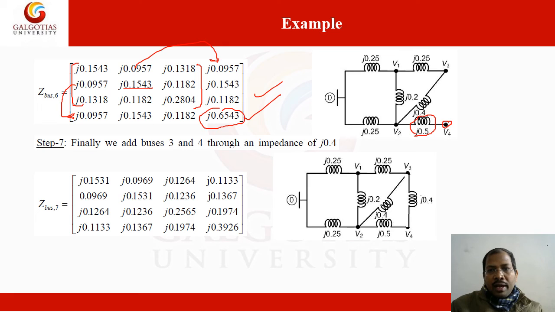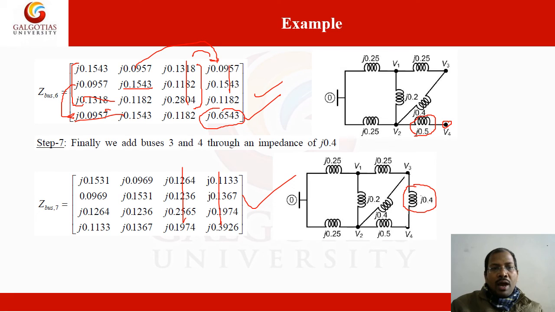And finally we can add bus 4 to this one. So here again we have to apply step 4. After the application of step 4, it means Z bus old minus 1 by Z33 plus Z44 plus ZB minus twice Z34, or twice Z43. Both are the same value. So we have to consider this third and fourth, this one and this one minus, and this one we have to take minus. So we are getting this form.